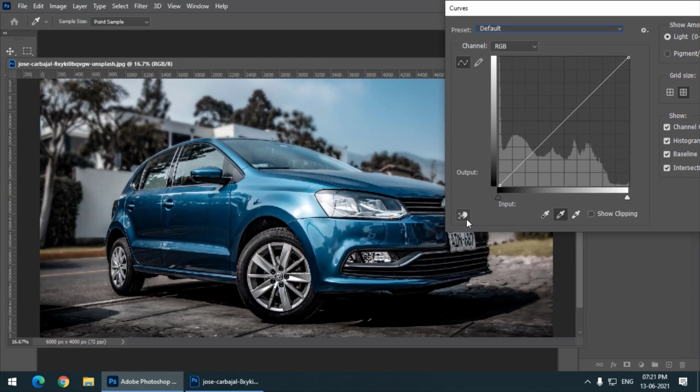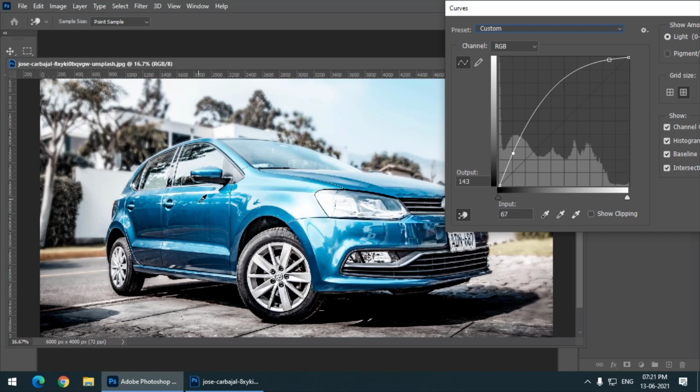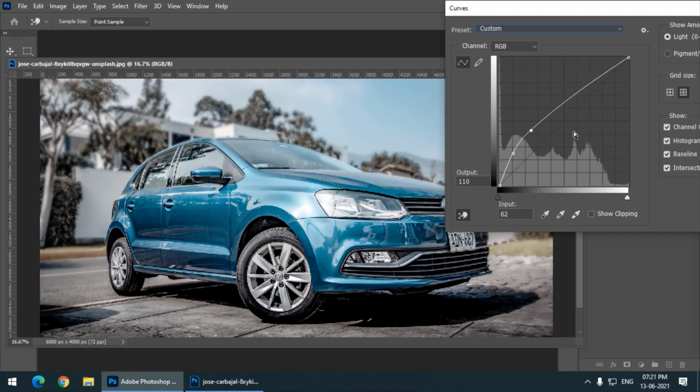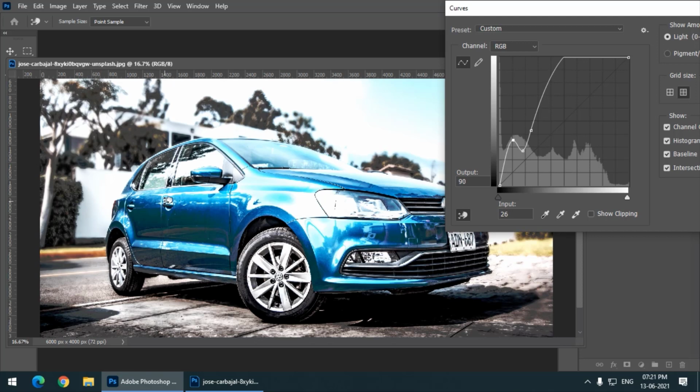We also have this particular option right at the bottom, by using which we can directly manipulate the tones by clicking over here like this. We click over here and it will change the tones. So instead of changing the graph from over here, we can change it by directly selecting the image like this.